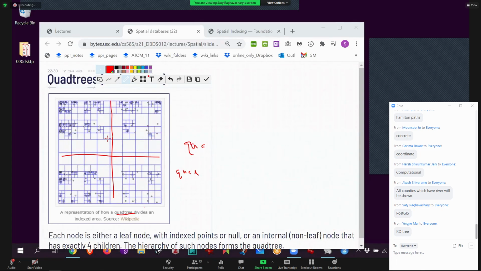Otherwise, I'll not stop. Right now, for my little red lines, I'll go to a different color. I'll not stop because there's something here, something here, something here. I'm going to draw one more time. Second level of recursion. Then I'll look into all of these 16 regions and say, should I subdivide, yes or no? All of the 16 regions have something, so keep going, okay? That is how this works. So subdivide.